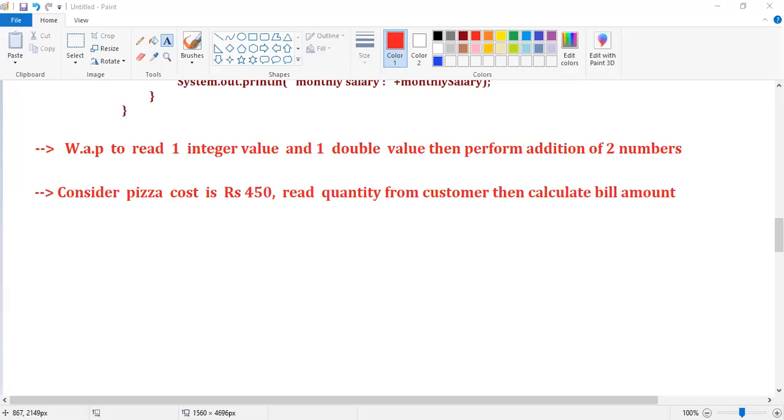Good, Kirtana. Good, Akshaya. Good, Gangadhar.